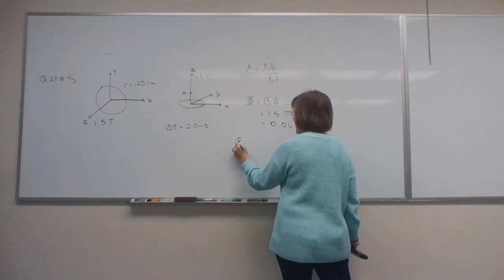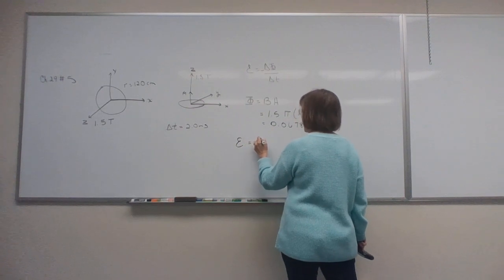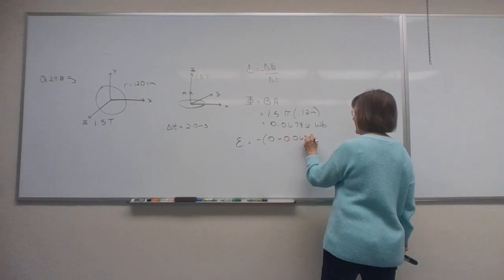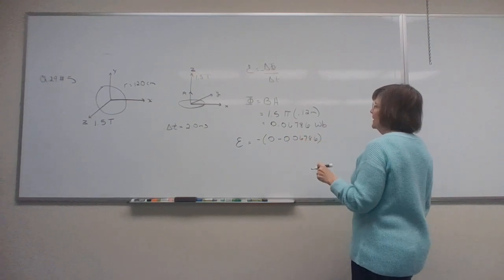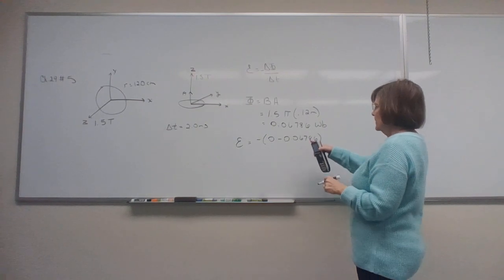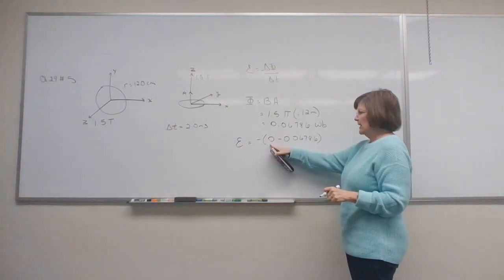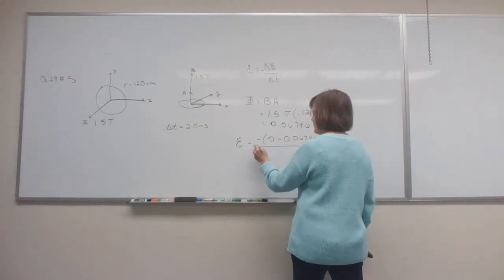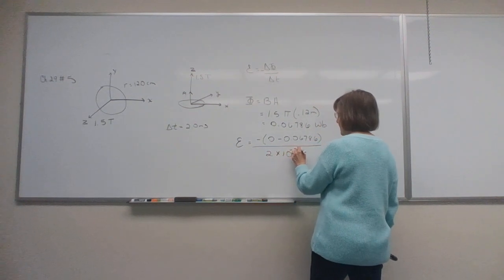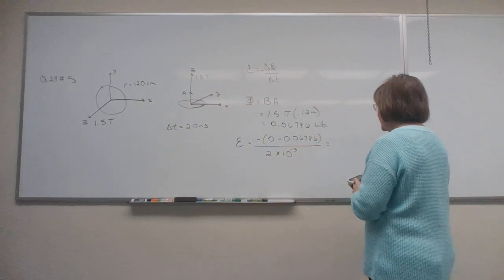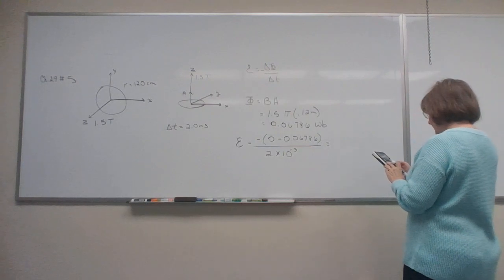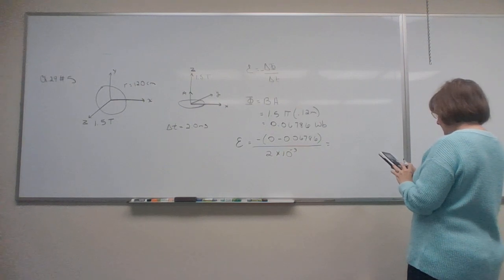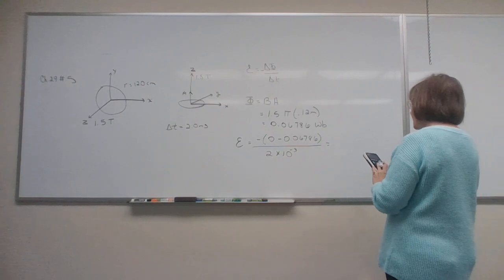My induced EMF is my change in flux. So if I do a negative change in flux, well, that's going to be 0 minus 0.06786. In other words, my change in flux is negative because I did final minus initial. But I have a negative of a negative. The time was just 2 milliseconds. So my average EMF actually comes out to be positive, and I just need to divide that by 2 times 10 to the negative 3. I get 33.9